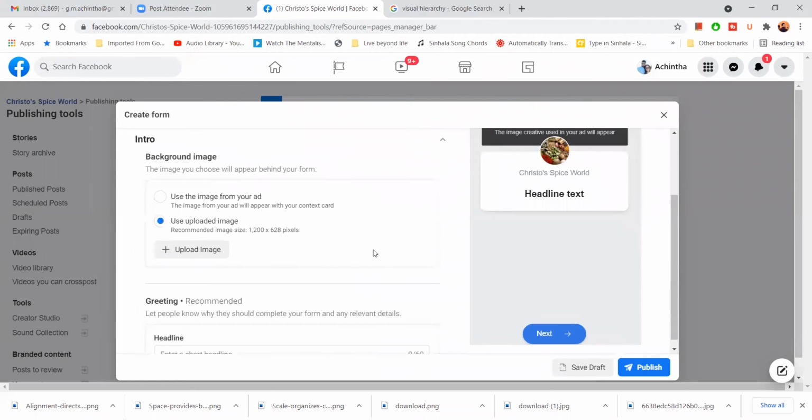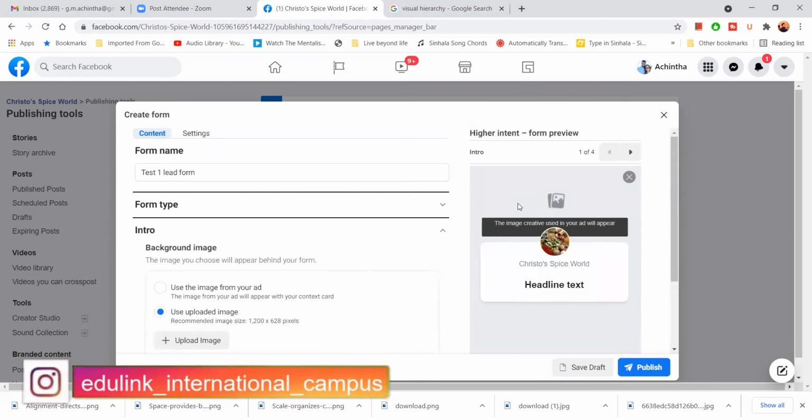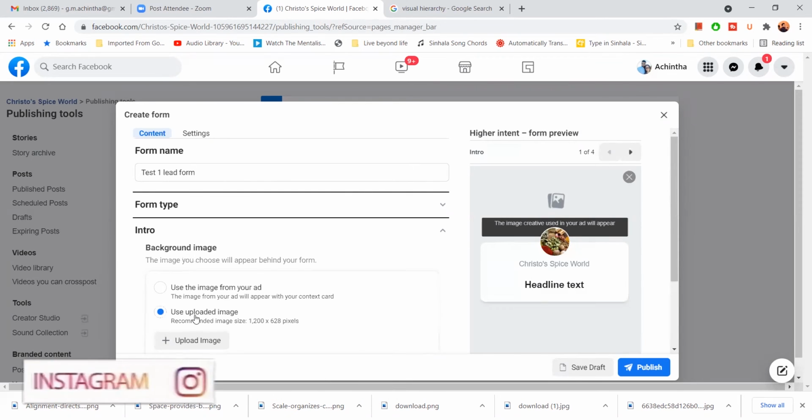Then intro. In the intro, there are two picture options. First one is you upload an image directly for this lead form itself, if you have a picture here, it will come here. But you can also have the option of use the uploaded image. That means basically